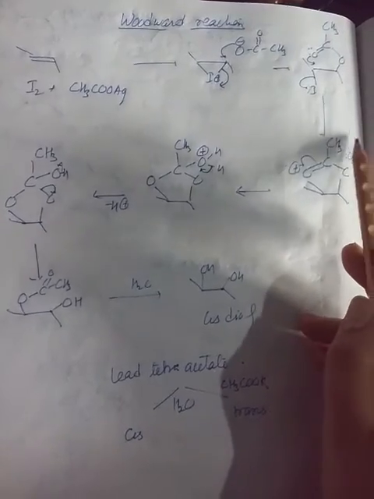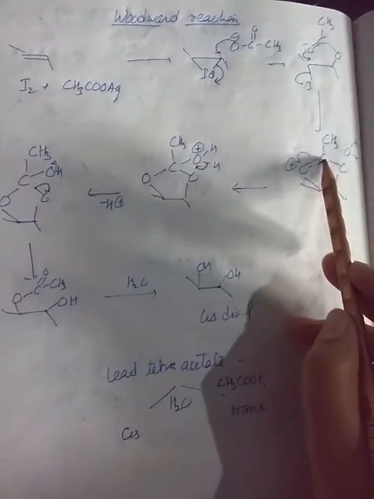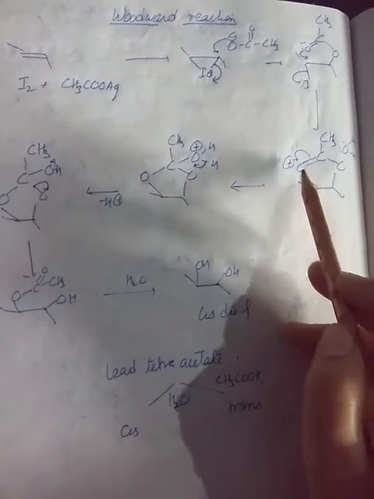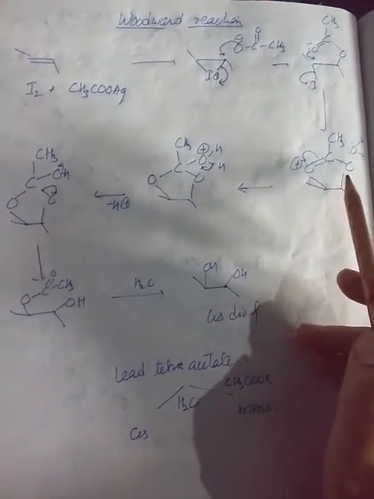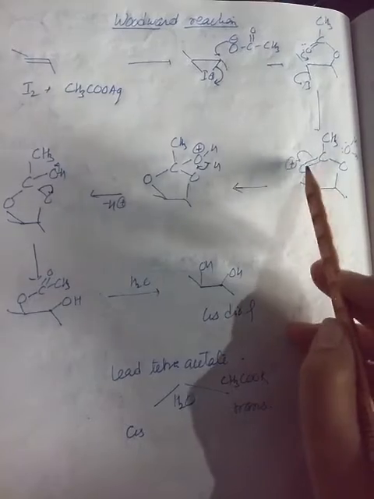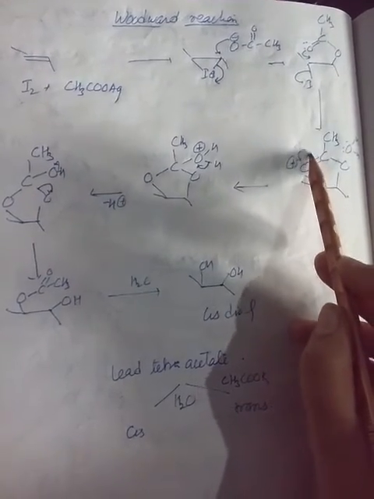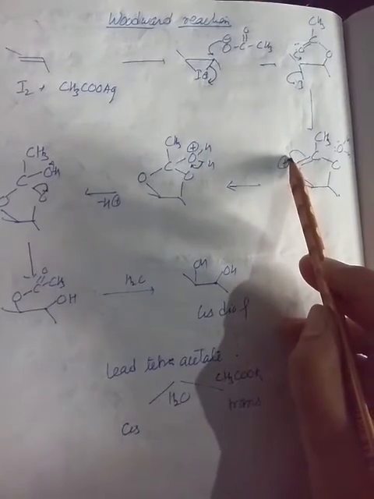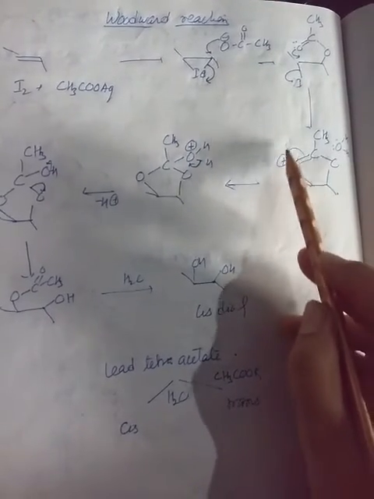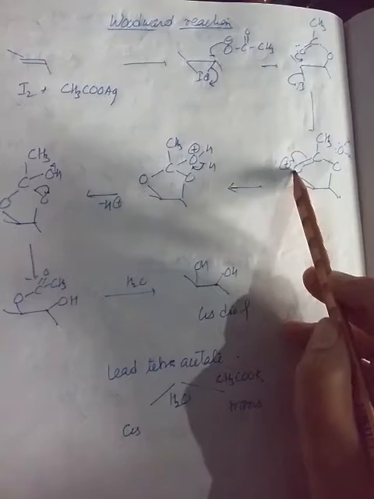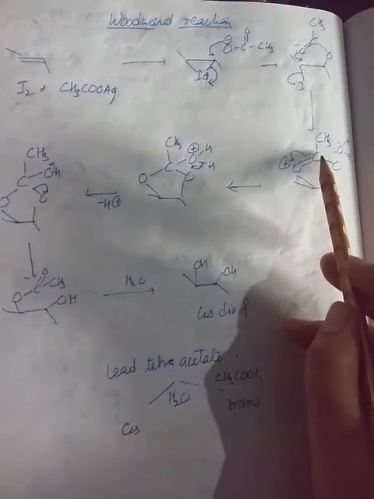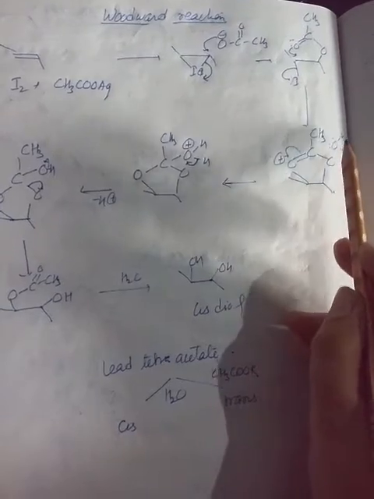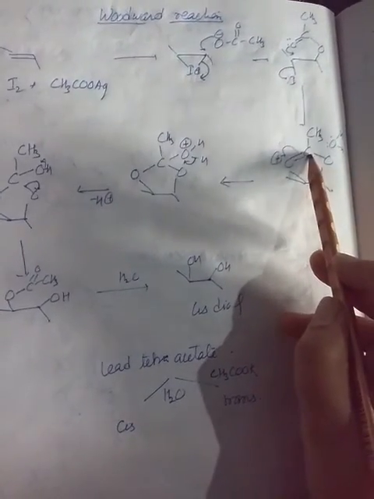The key point is here, there is water. In Prevost conditions there is a cleavage of this carbon-oxygen single bond, but in Woodward conditions there is a cleavage of this carbon-oxygen double bond. It is polarized because it carries a positive charge, so it attracts the bonded pair towards itself. So it becomes neutral and carbon becomes positively charged. When carbon becomes positively charged, the lone pair of electrons of water attacks at this carbon atom.